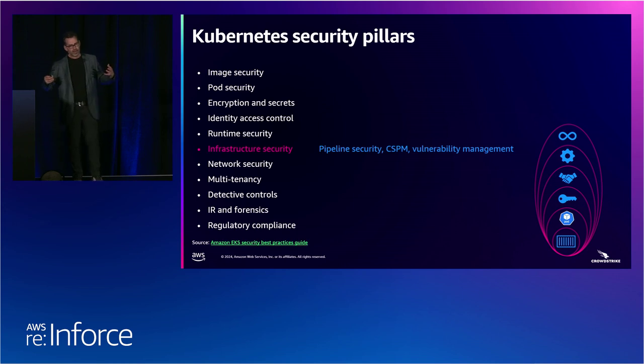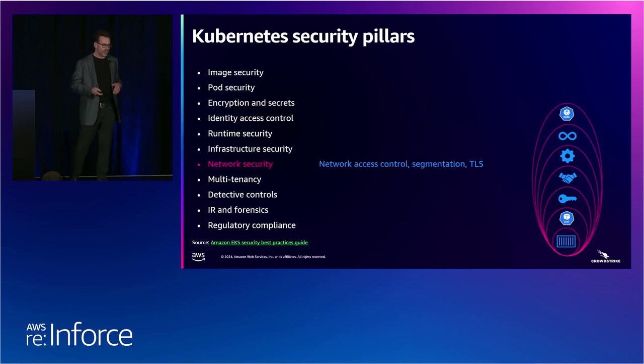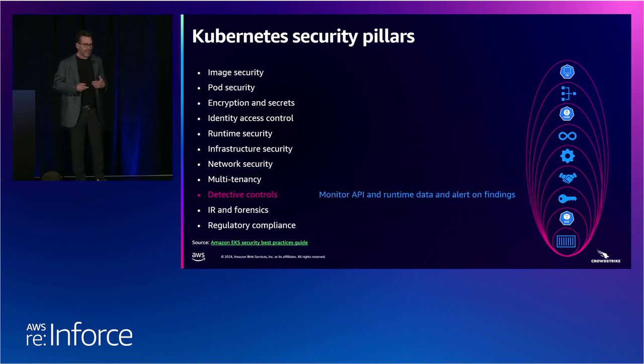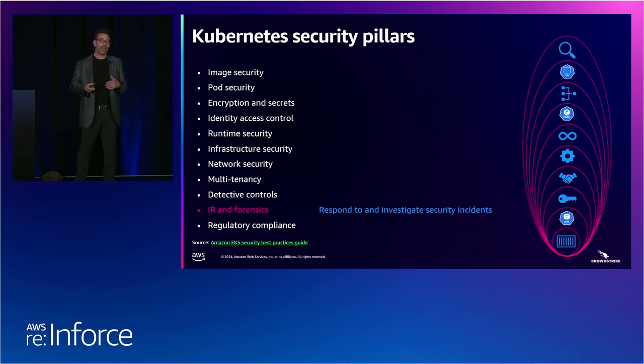So that, the cluster itself, the network attributes of the cluster, whether traffic is encrypted in transit, the overarching network of tying everything together, whether you're running multiple workloads, being able to know what's happening in your cluster, those detective controls, and being prepared to take action if there is a problem in your environment, that you have the telemetry to be able to do an investigation and mitigation,